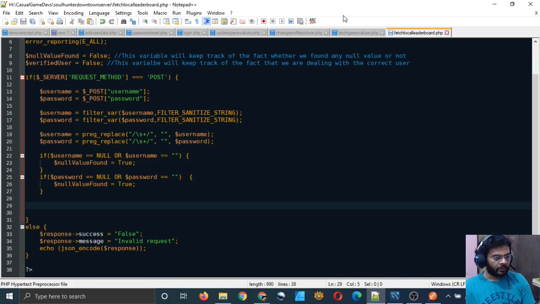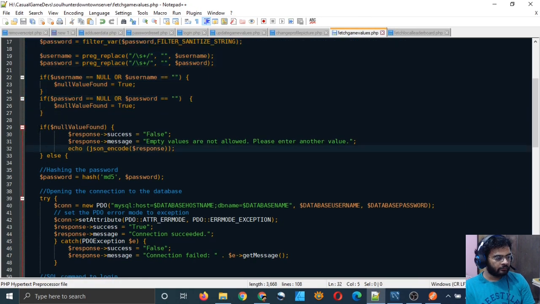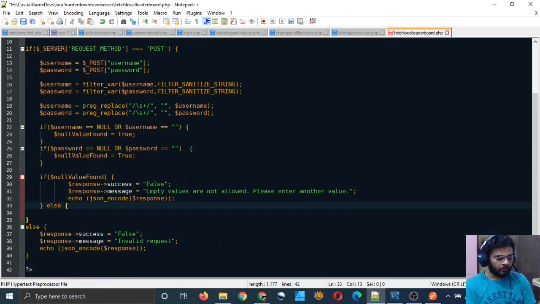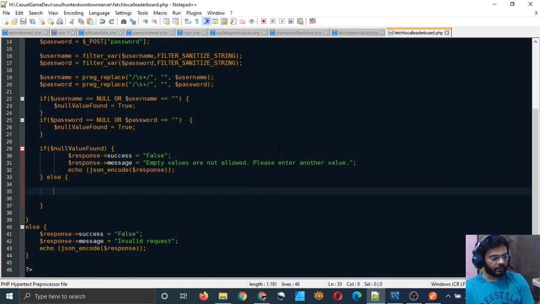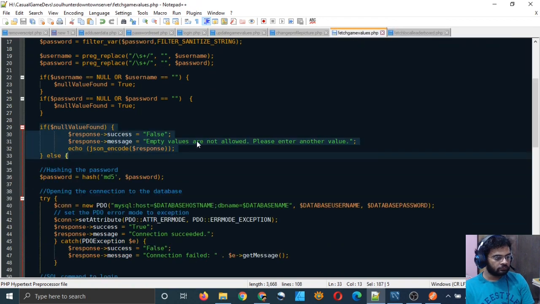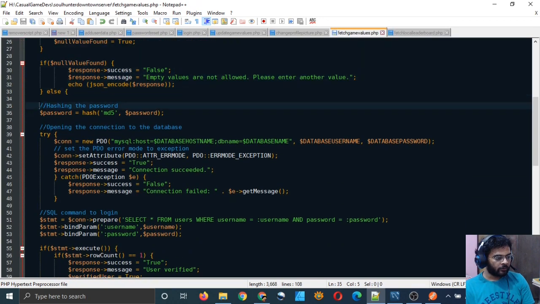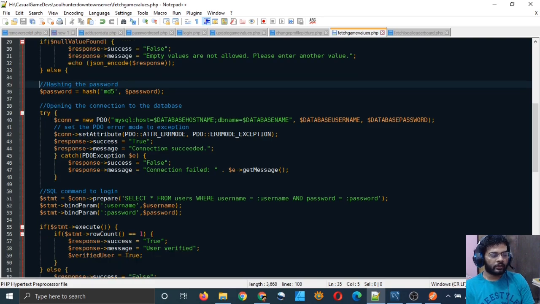And after this, copy this condition till the else command, and you can close the else command, but inside the else command is where we will write our main code. Main code is, first of all, we are going to log the user in, I mean check their credentials, whether the correct user is accessing our server or some other, or if the user is not authentic, right?